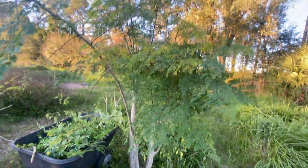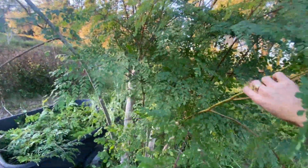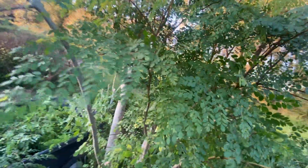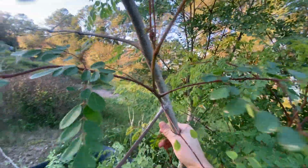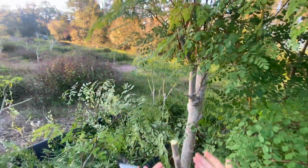Okay, we got this big mama right here. Whew, okay, this is probably one of the last ones, but wow, she's got beautiful red stems. Look at that. Look at that beautiful red stem there. Wow. Thank you, Miss Moringa. I really love the red stem, so any of these red stem trees, see I'm scoring all the way around there before I snap it. That way, it's nice and clean cut. You don't have any running